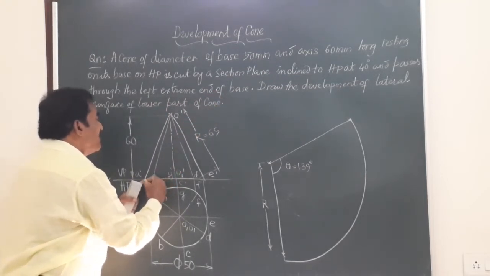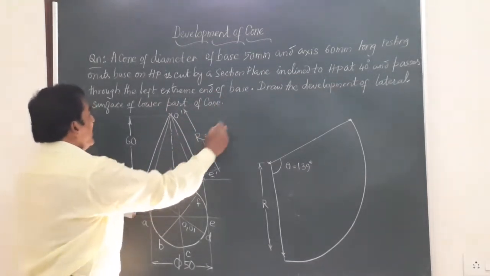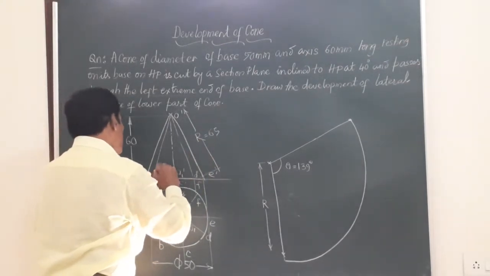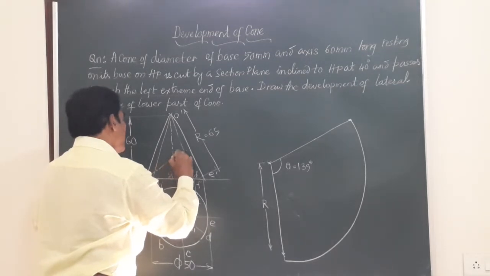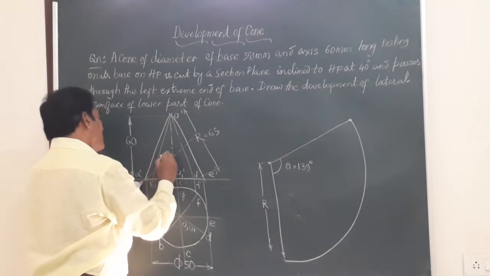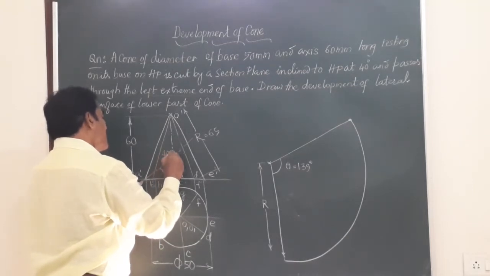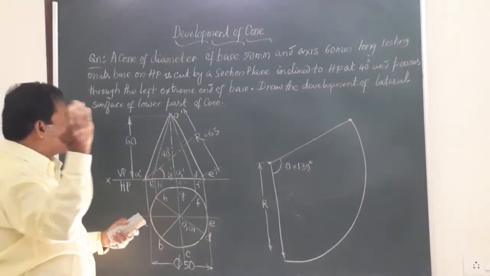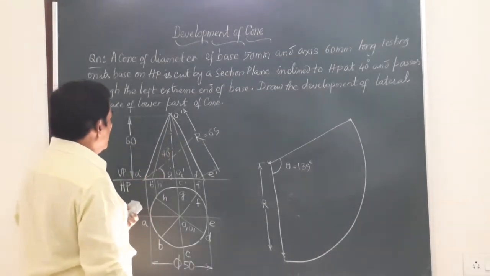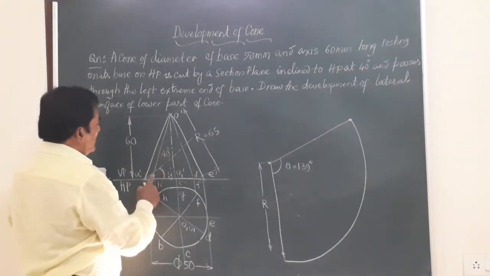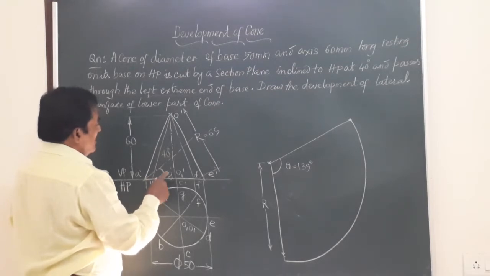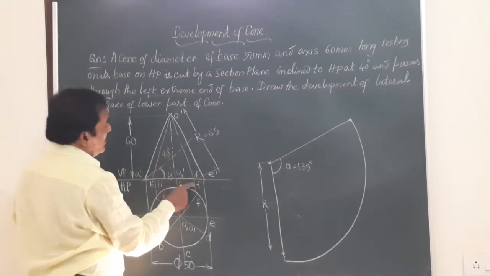So I should draw a line from here at an angle of 40 degrees to HP passing through A dash. I will just mark a line here, the section plane, which cuts the solid at an angle of 40 degrees. This is 40 degrees to HP, and very obviously this section plane is perpendicular to VP. And if you observe, friends, it is cutting the slant edges B dash, GC, then OD, OF and OE.